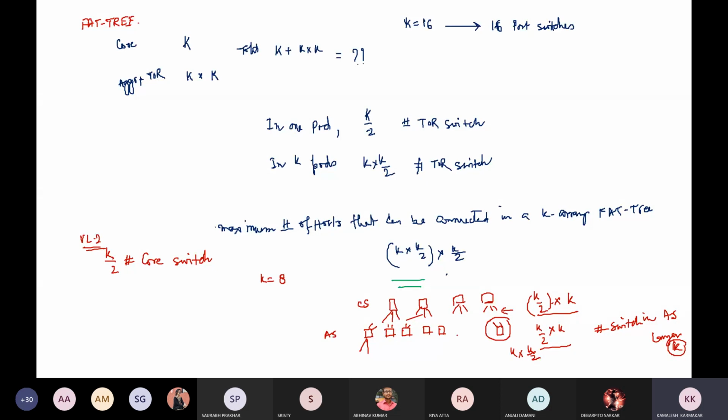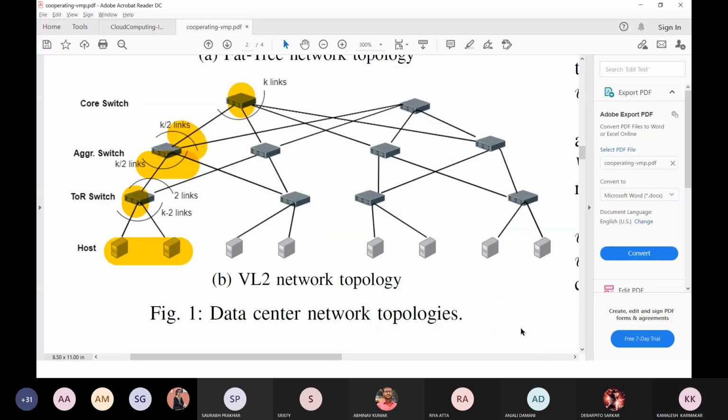So this is the total number of links in the downward direction in the aggregation switch layer. So if this is the number of links in the aggregation switch layer, every link will be connected with a TOR switch.